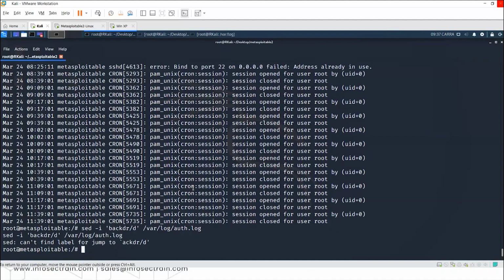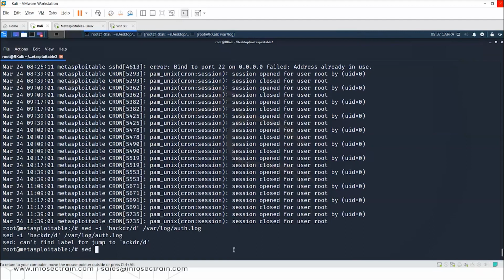So this is just the example. This is not exactly the one which we are using. It is saying B it can find, but ACKDER it cannot find. So you have to change that particular one, which one you want to use over here. So you can change it to something like,